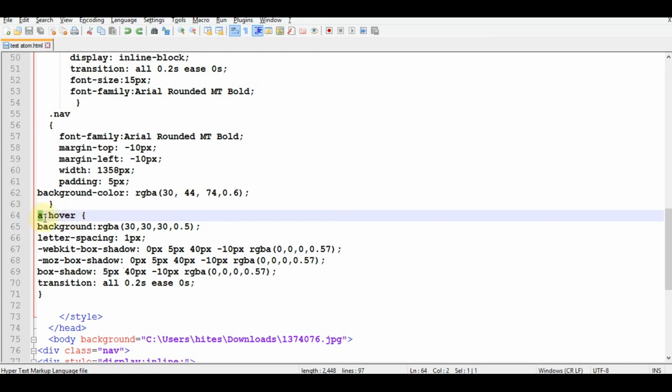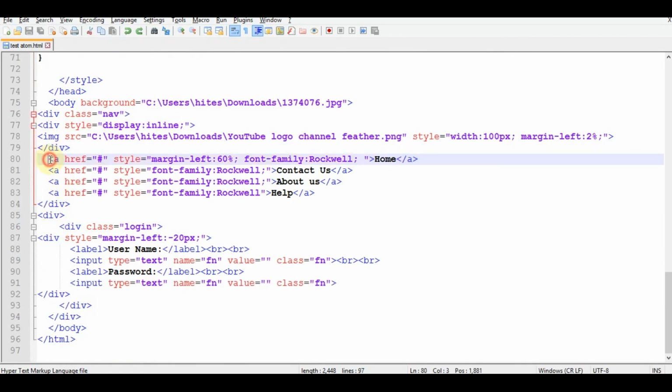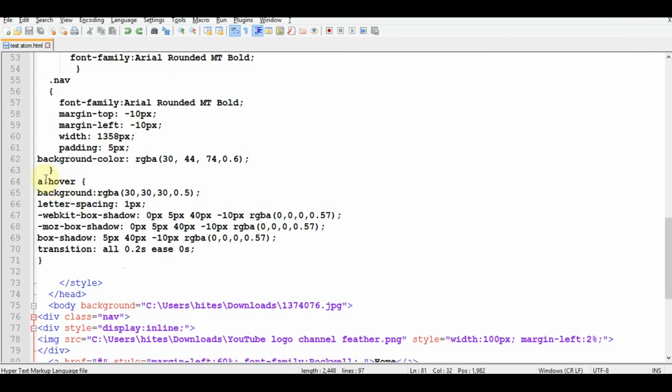Suppose I have done it here, a colon hover, meaning whenever I move my mouse around the content of the a tag, this setting will apply. Letter spacing will increase to 1. Background RGB color will change.